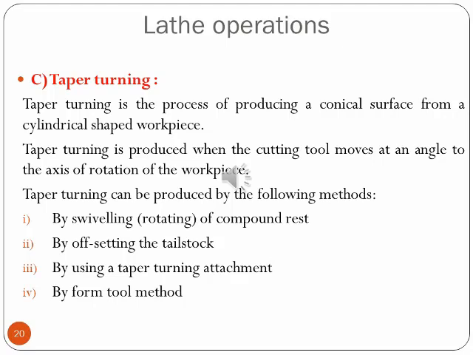Basically, taper turning is an operation wherein the diameter of the workpiece changes uniformly from one end to the other end, and the shape of the piece is in tapered form. It is a machining operation wherein a gradual reduction in the diameter from one part of the cylindrical workpiece to another part is clearly visible. So taper turning is an operation on the lathe to produce a conical surface. We shall see the diagram of the taper turning operation, by which it will be clearer for you to visualize it.